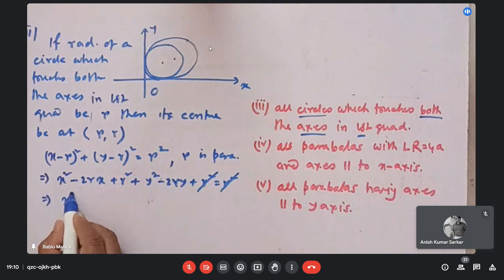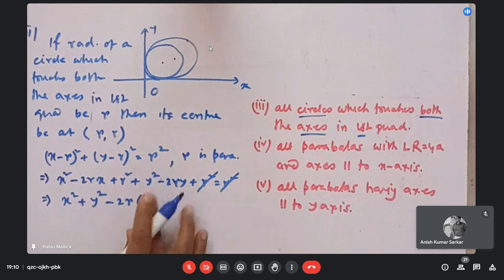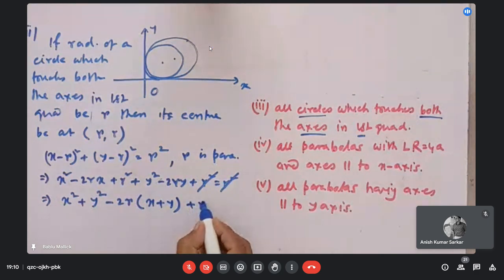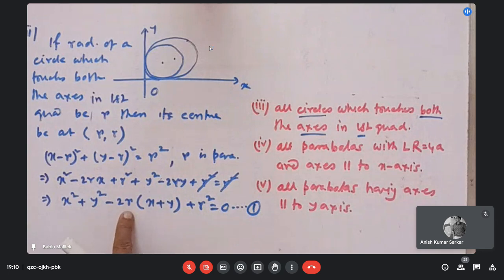So this will become x square plus y square minus 2r into x plus y, plus r square is equal to 0. And this is number 1. Look, in this problem it is not possible to separate r. It is not possible to make r free from x and y. So that is why we shall